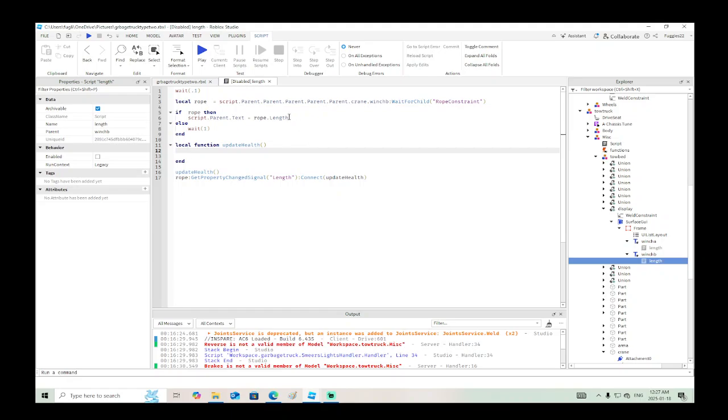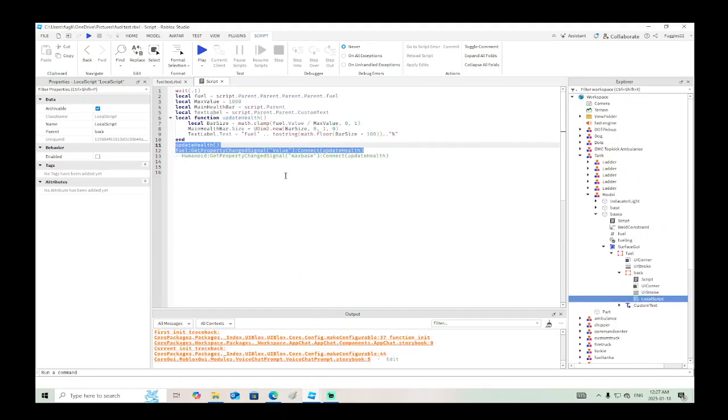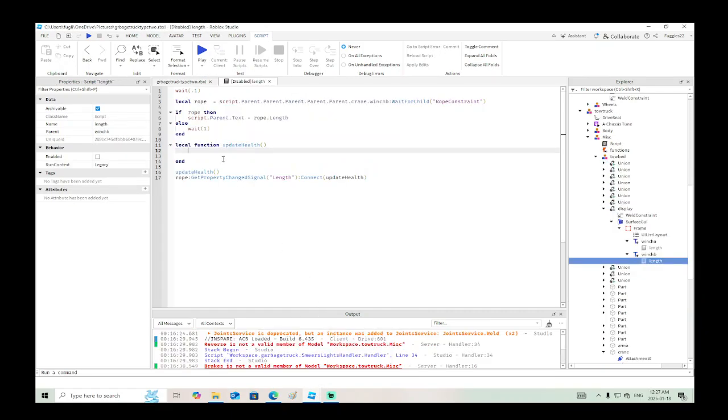And we can say script.Parent.TextLabel, and we can just connect that to the value, maybe. I don't even know. Let's try this. We'll do this and we'll do that. Equals rope.length. No, but we don't want it to do that. We want it to equal